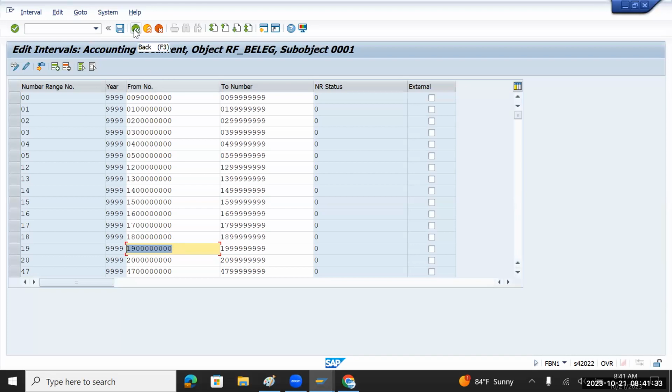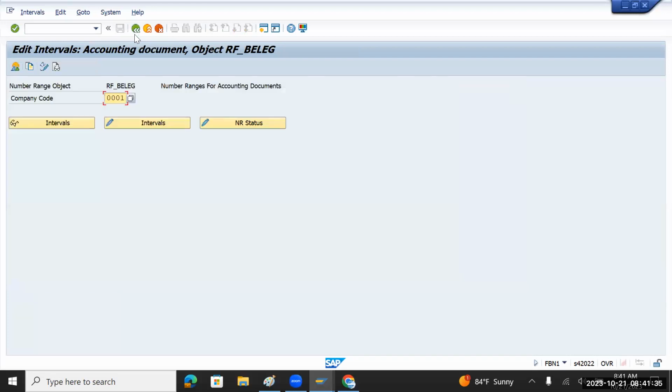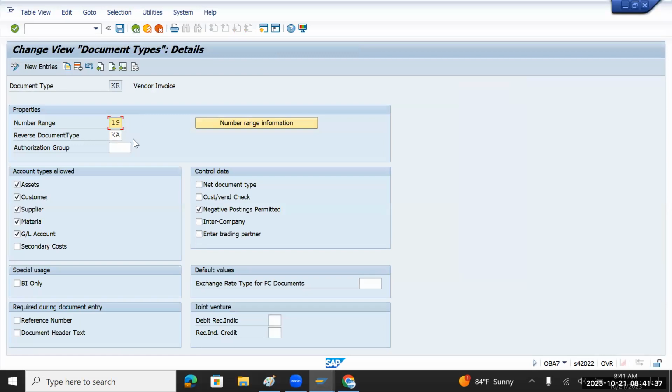So this is how the main interlink happens between a document number and document type. You have to give a number range that will be a part of the document type. And along with that, whenever you reverse any KR document, it will generate a KA document type. And then other information like